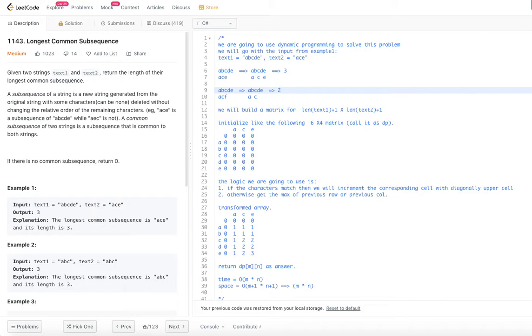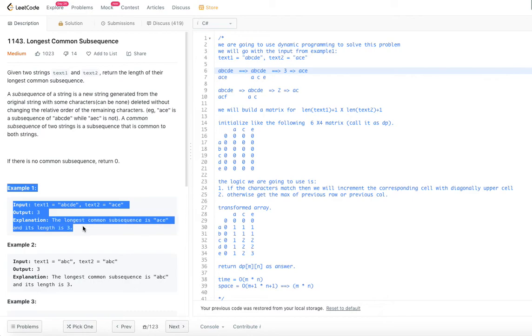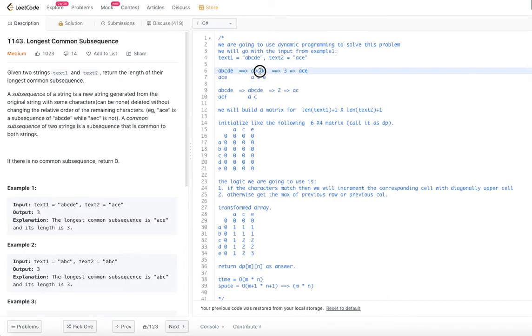If you were to ask what is the longest common subsequence in this case, you would say AC, but in the earlier case the longest you would say is ACE. That's the differentiation that we need to understand. There can be cases where you'll have to delete characters from the first string as well as the second string. In example 1, it so happened that we just have to delete characters only from the first string.